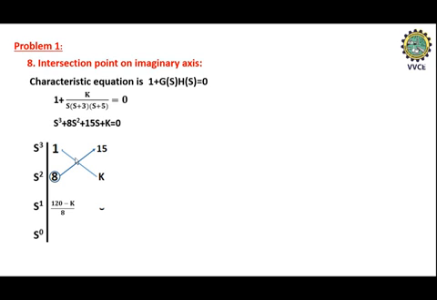The next element can be written as 0. Now to continue the procedure of RH criteria, again find out the last element. After completing this, we need to find out the marginal value of k. How are we going to find the marginal value of k? By equating the k expression to 0. If you equate 120 minus k by 8 equal to 0, then that will become 120 minus k equal to 0. So k will be equal to 120. That is the marginal k value.